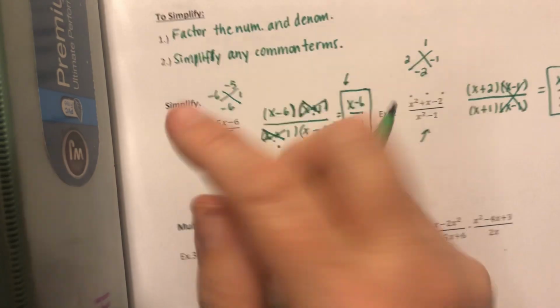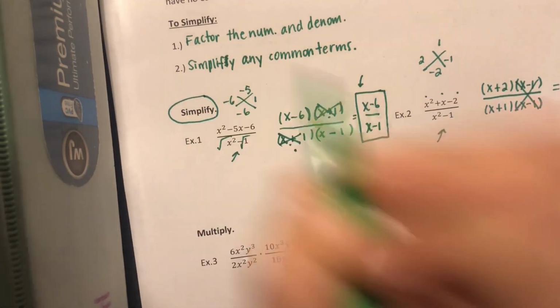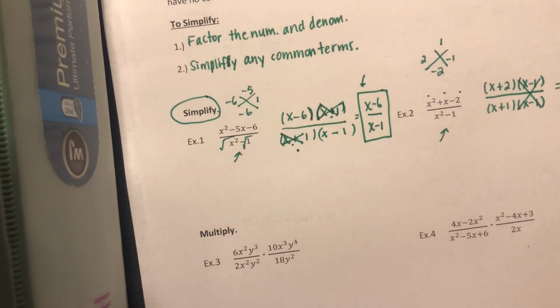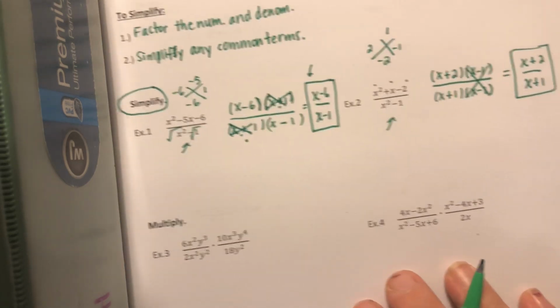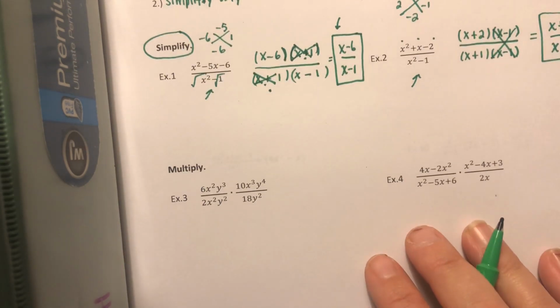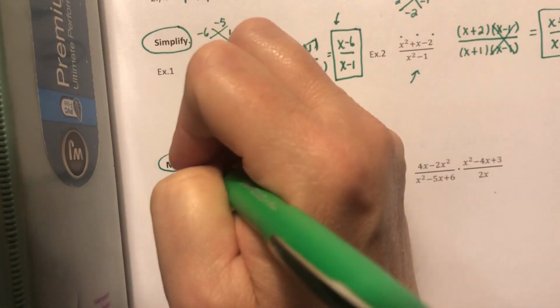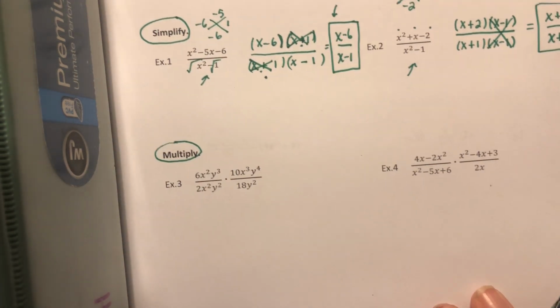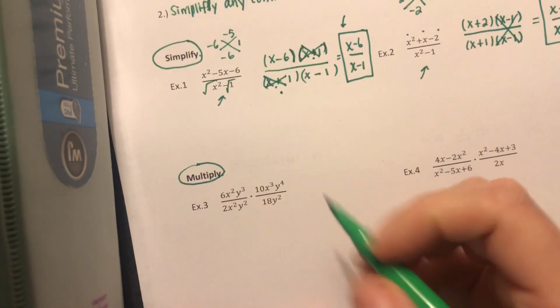So that is when it just says simplify. You're gonna factor the top, factor the bottom, and then simplify, okay? Next, we're gonna get into multiply, all right? Now these, you have a couple options. I usually draw my